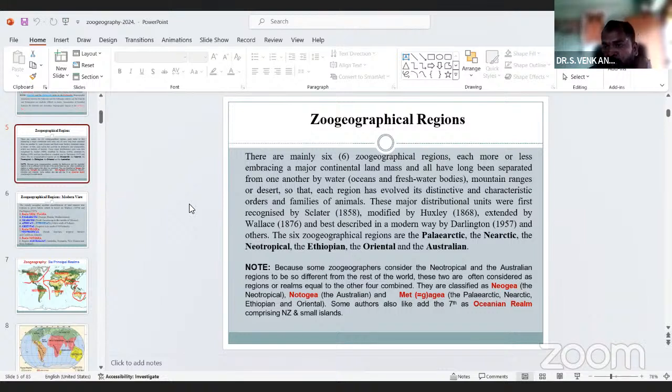So these four regions are named Metagea. Then the ocean realm is the seventh region in the geographical regions. This seventh one is for the aquatic animals, both microbial and macrobial animals.